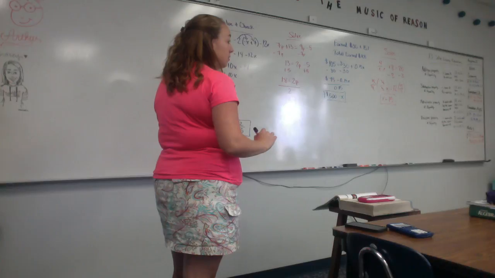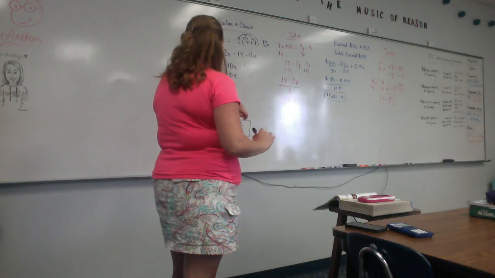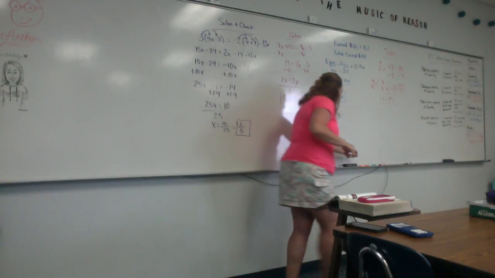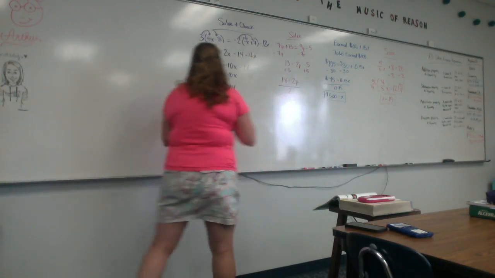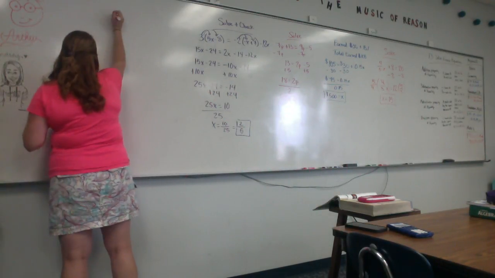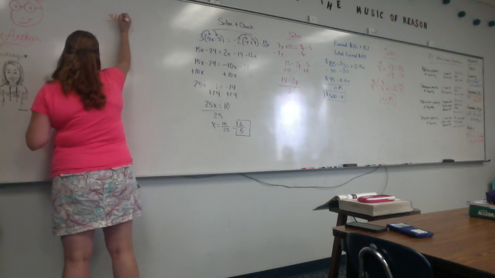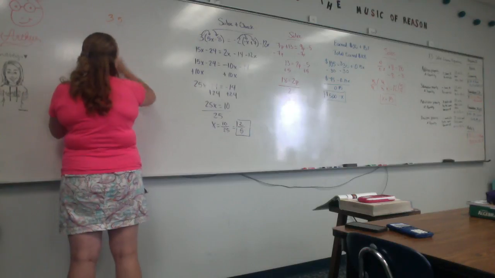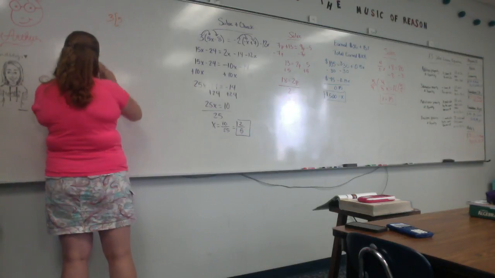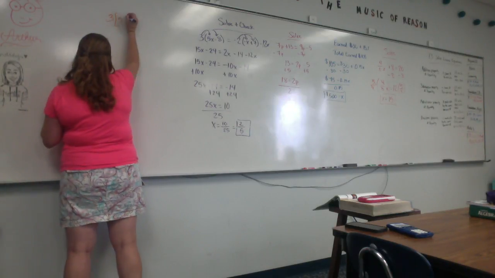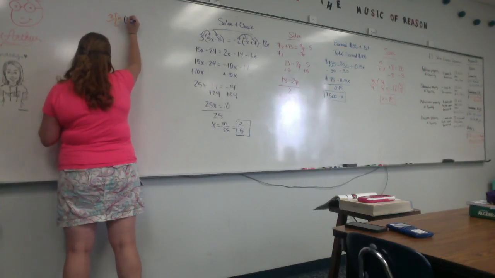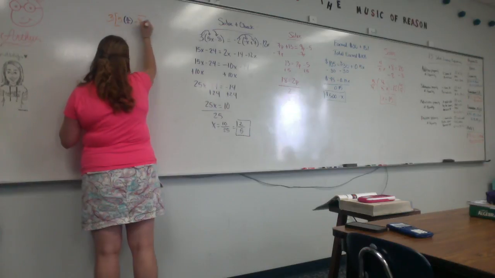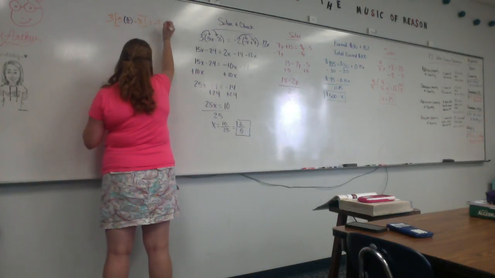How do we check? Plug it back in. So we're going to come back up here. Grab this. We're going to come back up here and we're going to say 3 times 5. Well, we're going to make it brackets because there's going to be lots going on. 3 times 5 times 2/5 minus 8, okay, equals negative 2